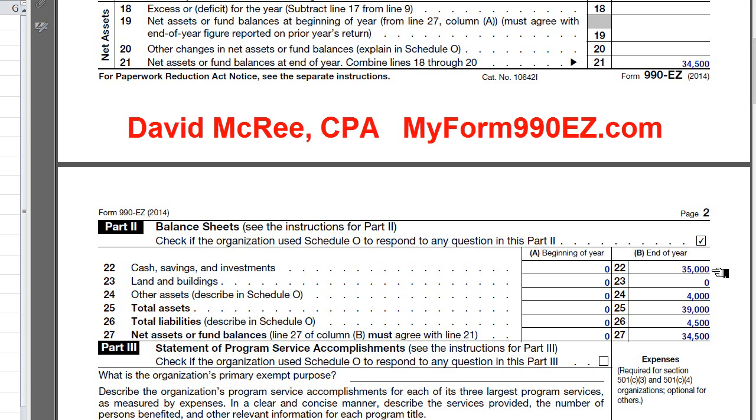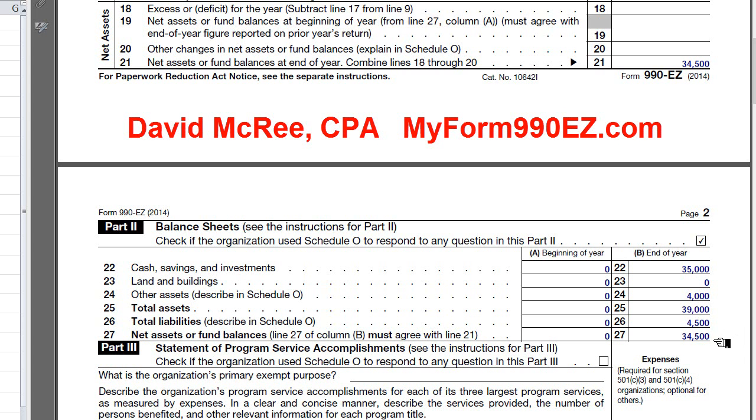$35,000 in cash on line 22, no land and buildings on line 23, $4,000 in other assets on line 24, that was our office equipment. Total assets, when you add the cash and the office equipment, $39,000. Then our total liabilities were $4,500. That was our credit card and loan from the founder. And then our net assets are going to be